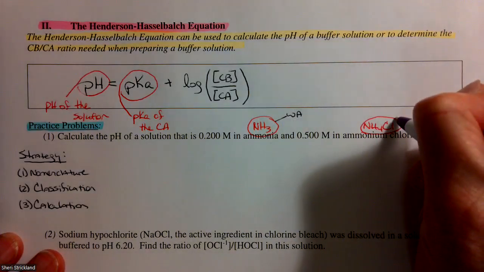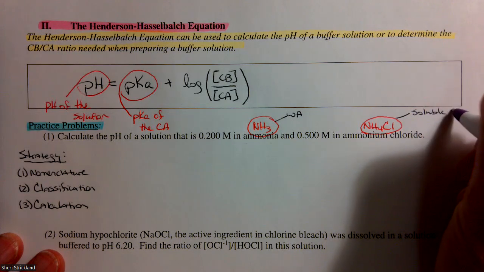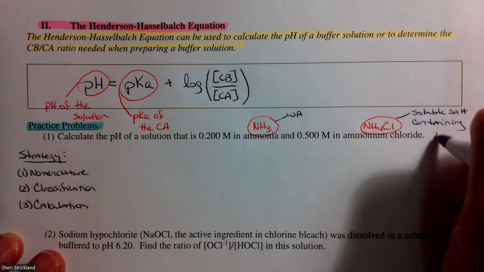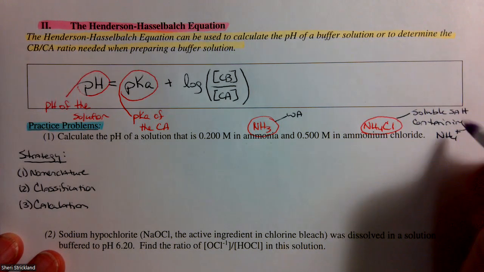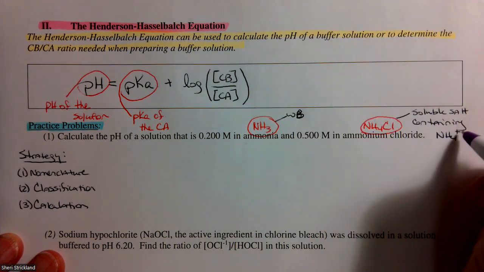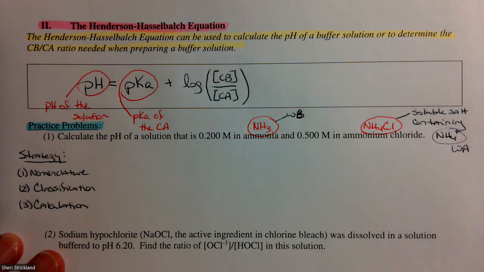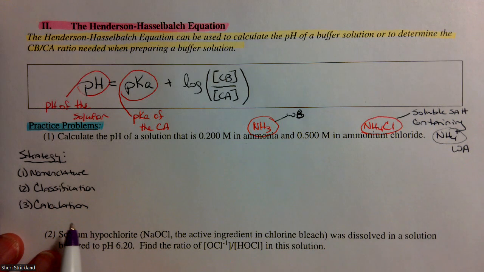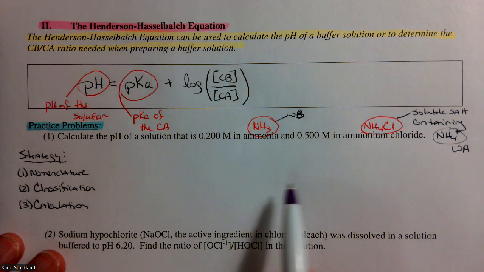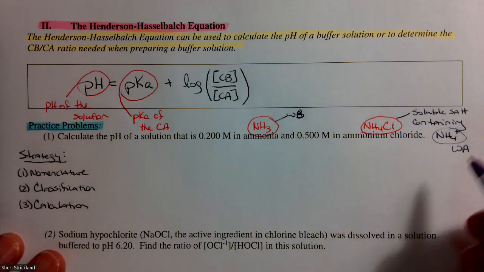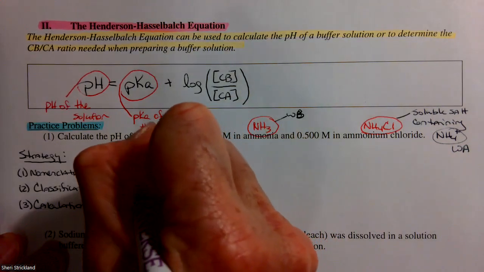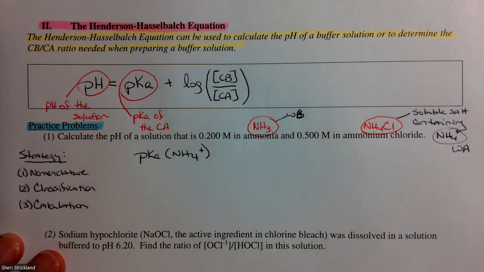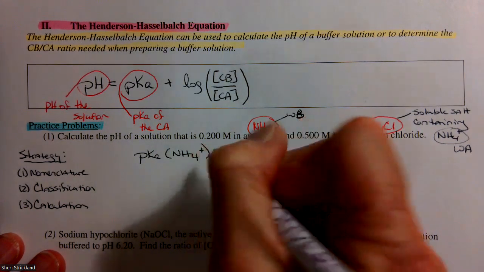Weak acid, soluble salt, meaning NH4+. This is the weak base component. Weak acid. Okay, so we've confirmed that we've got our weak acid, weak base pair. We can look up the pKa of the conjugate acid. So the pKa of the ammonium ion, you can look up in the table that's in the appendix, and that's